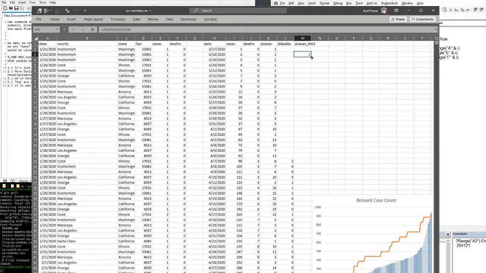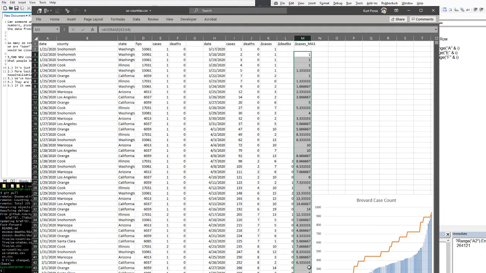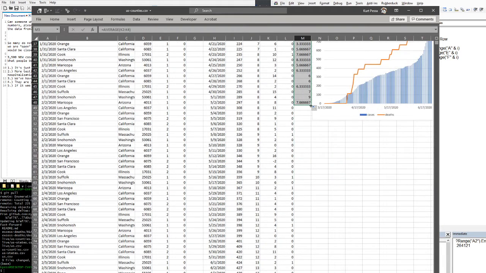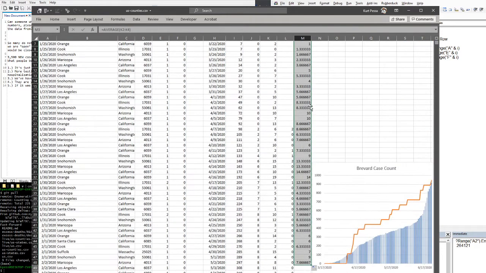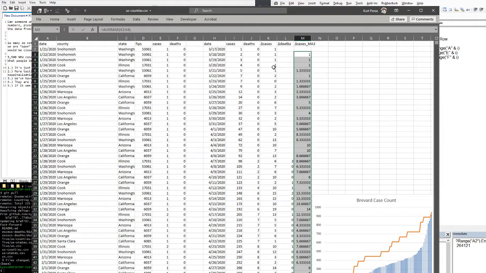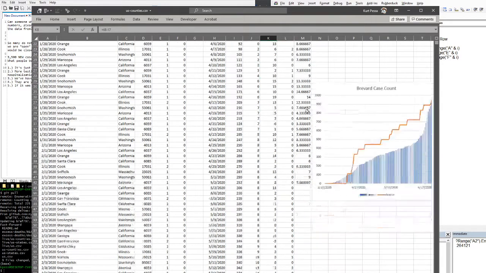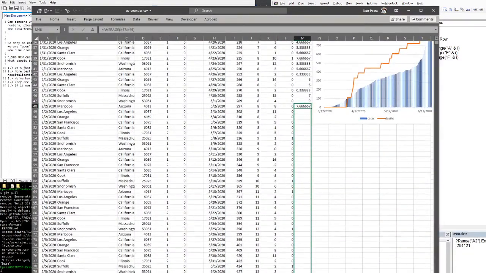So the change in cases, right here we have 4, so 4 divided by 3. Here we got 5, 5 divided by 3. We can bring